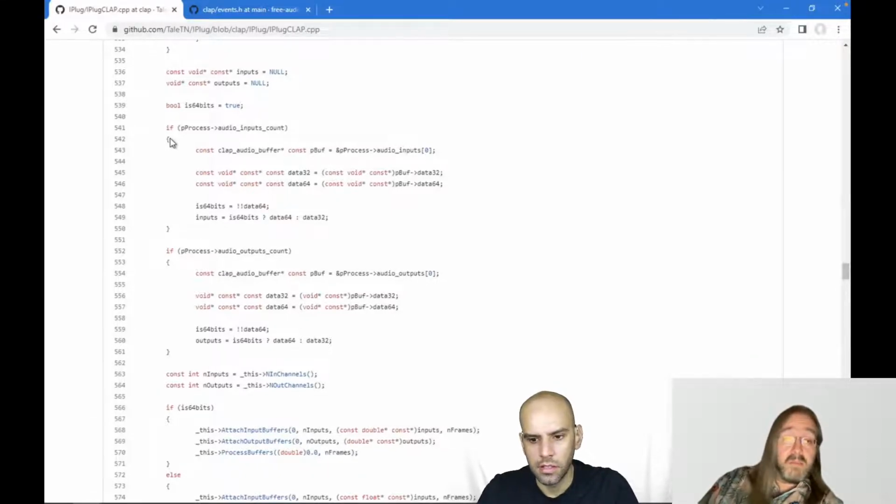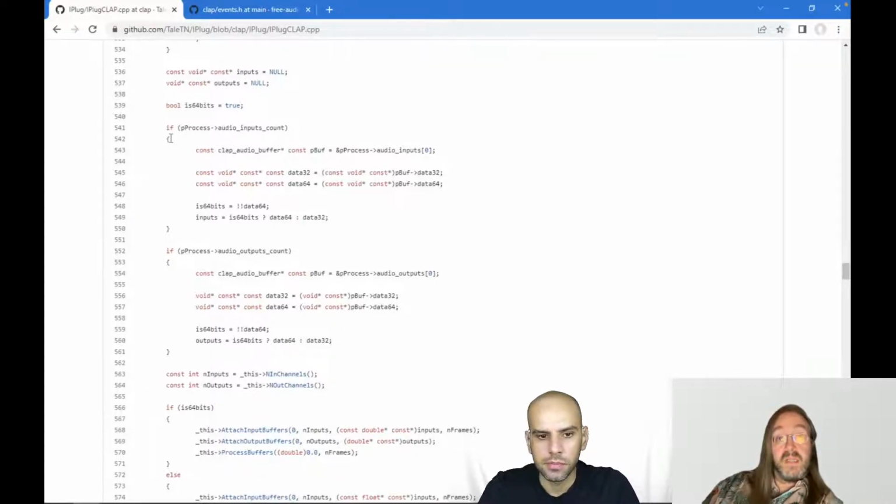And like I said, the original iPlug only did everything in doubles anyway, so I just followed that. Well, I like that. I prefer having to think about doubles only. Yeah, of course, like I said, you can't always do that because there will be hosts. I think Bitwig, for example, doesn't do 64 bits.